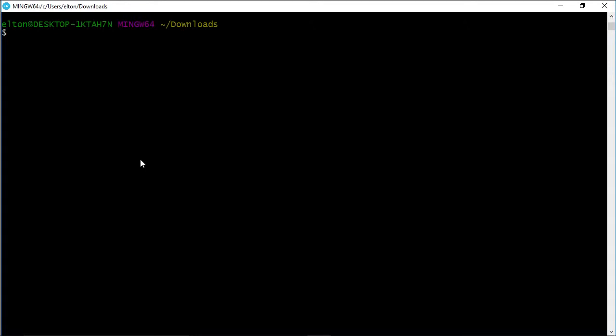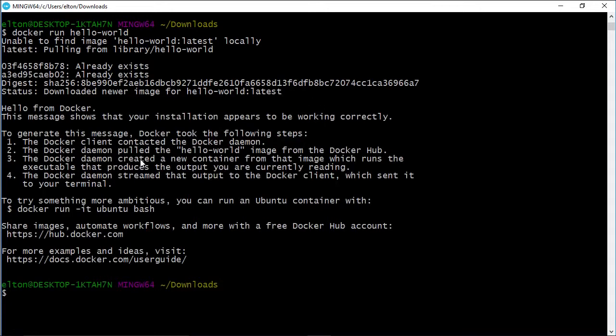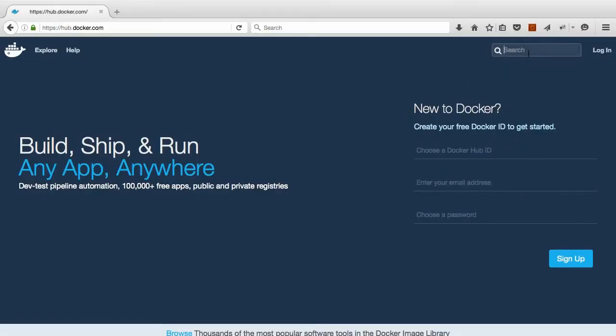To test the setup is all working correctly, we should run some containers, and I'll start with the classic Hello World. docker run hello-world is your first step to becoming a master of containerization, and it's a simple command where docker is the command name, and hello-world is the name of the image